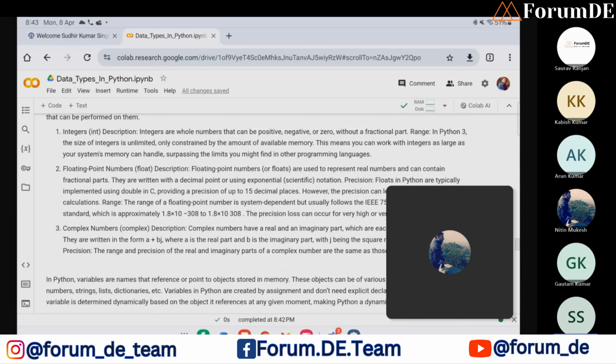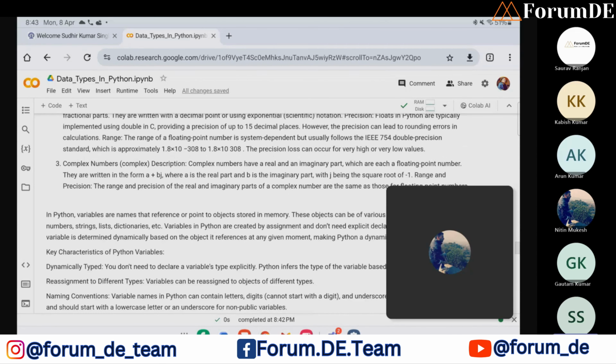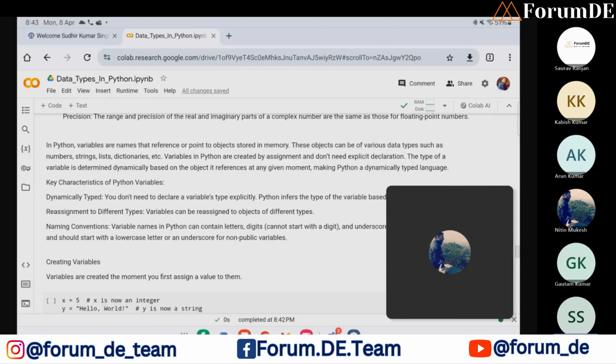Floating point numbers are numbers which have a fractional part, decimals are present, and even some integers when written like 2.0 will be counted as floating point numbers. And complex number is written in the form of a plus bj, where a is the real component and j is the imaginary component.